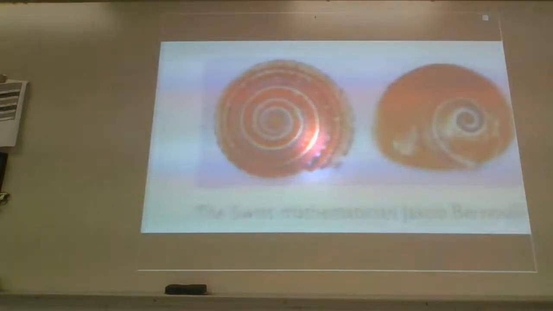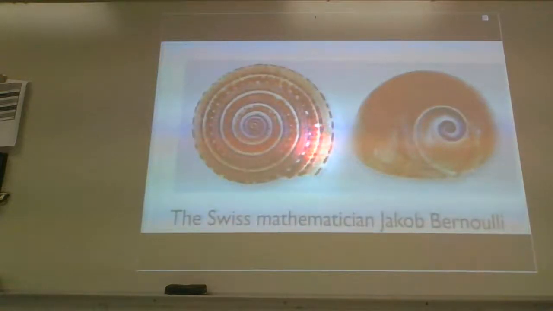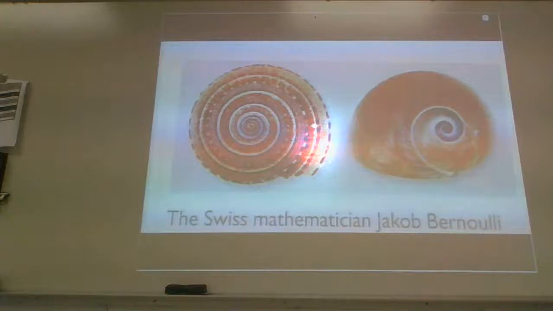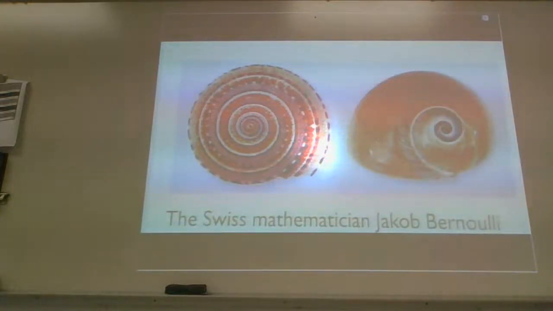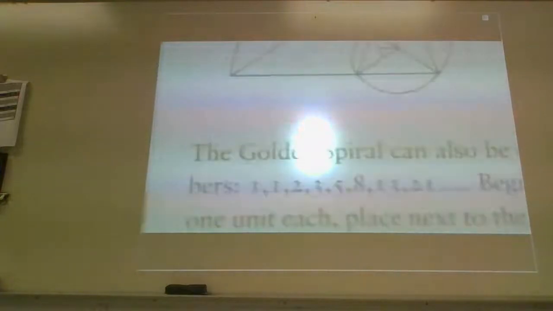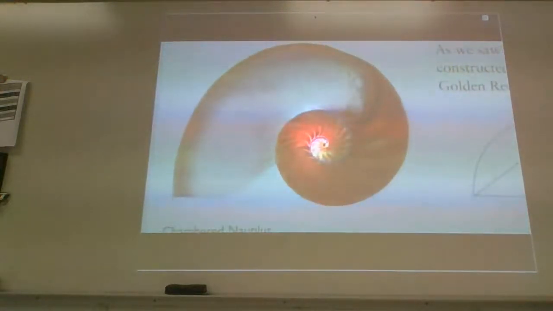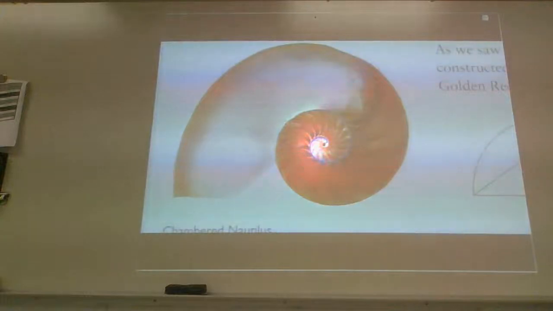Hopefully you can see this a little bit better. But these are two examples of real life shells, things that just show up in nature that do have those spirals that we were talking about. In fact, this is probably a better example of it. This is a chambered nautilus shell. And this chambered nautilus shell does the exact same spiral that you just drew.